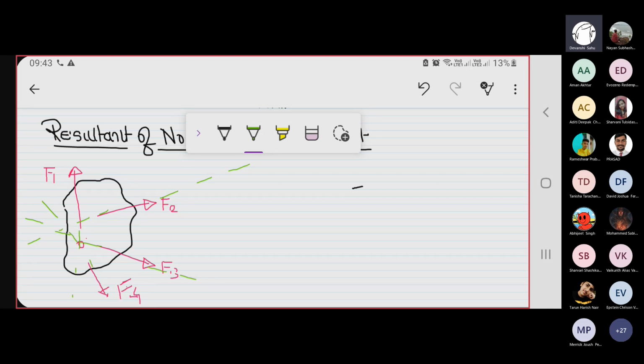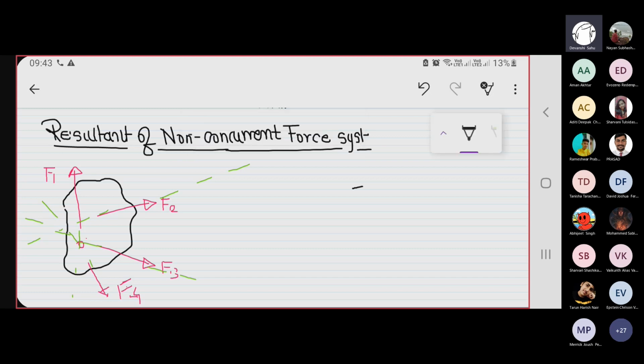So if you see these forces, their line of action doesn't meet at one point. So this force system we can say is a non-concurrent force system. Now, how to solve such a problem? It's very easy. What you have to do is